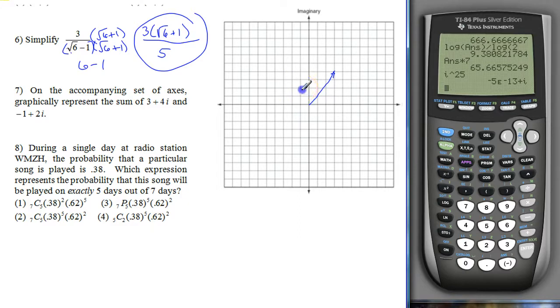Back 1, up 2. So this vector here is 3 plus 4i, and you've got to label your stuff. -1 plus 2i. Now,